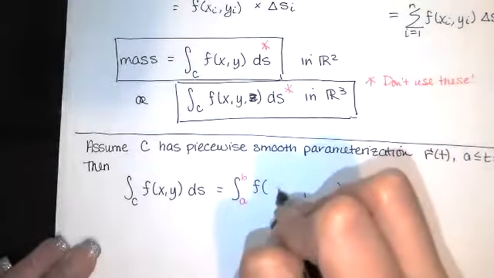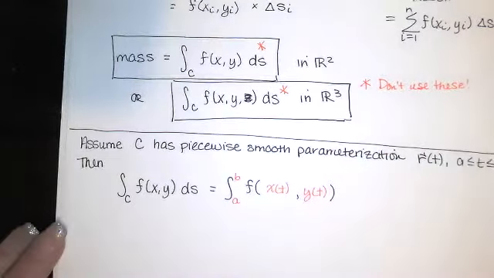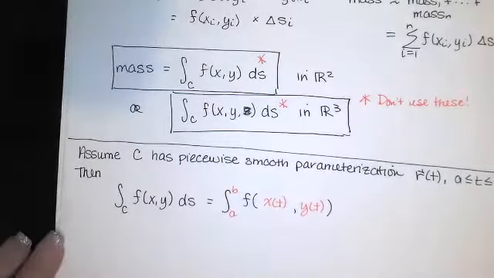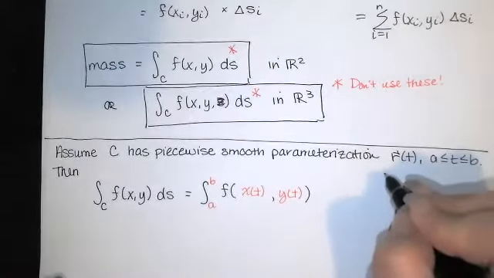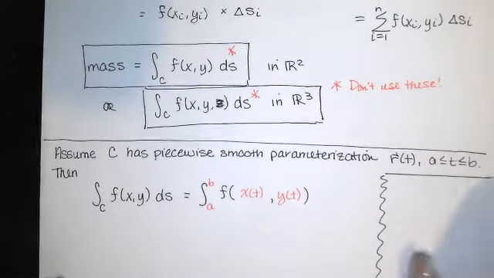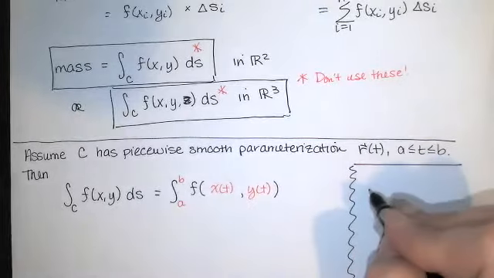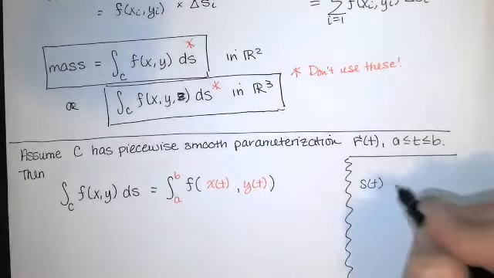So I replace x with x of t. I replace y with y of t. And for ds, a little bit of an aside here. Do you remember when we defined s, the arc length parameter, when we studied